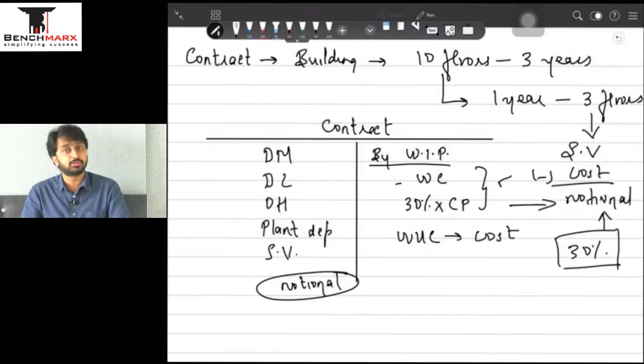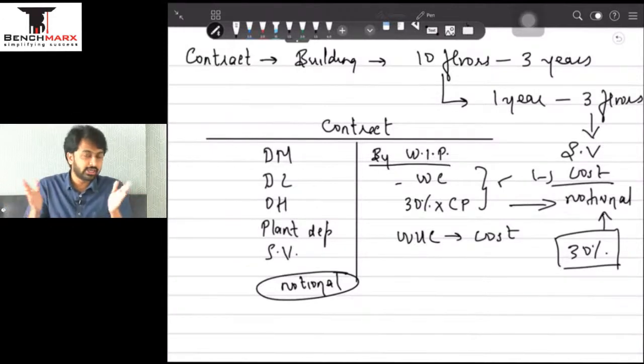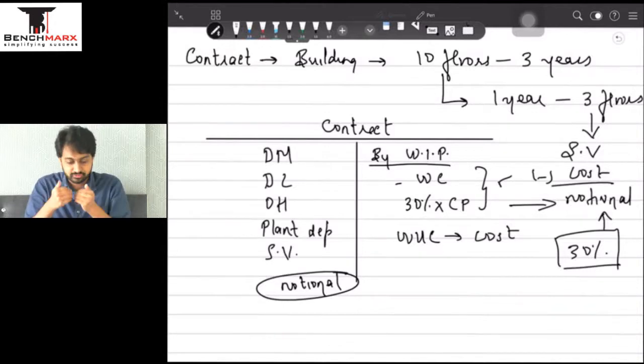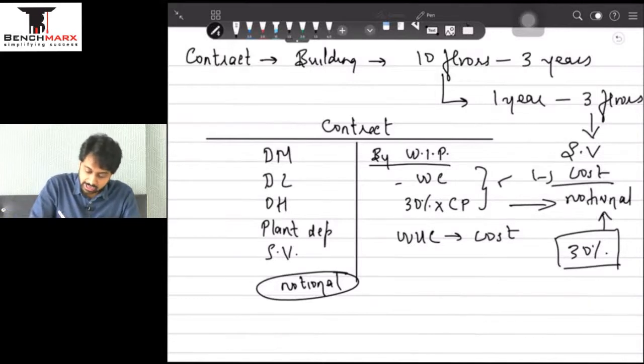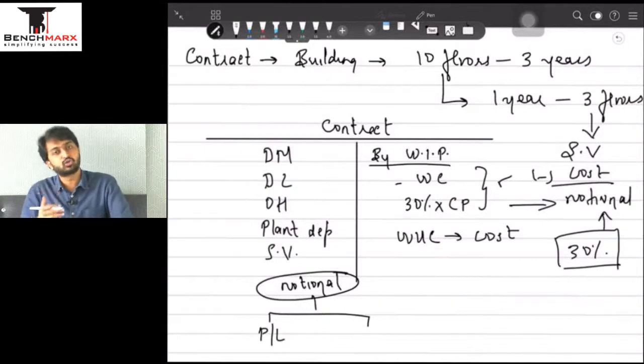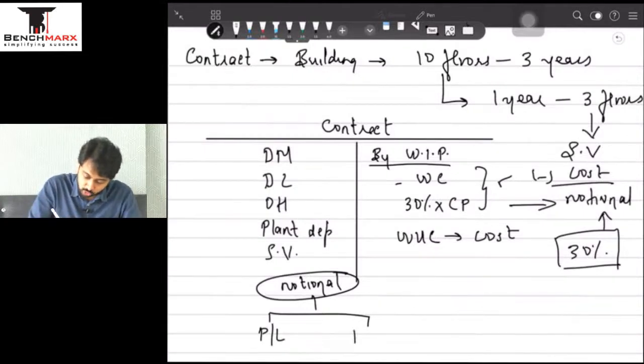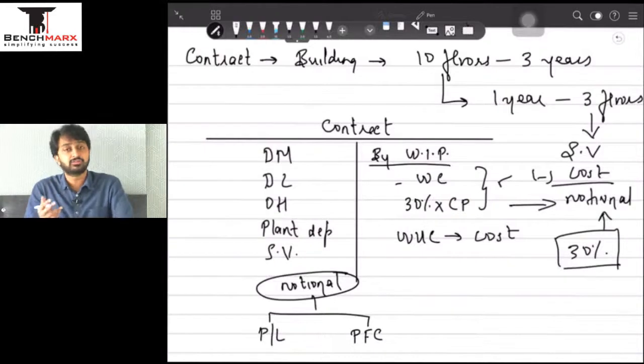I'm again repeating ये notional profits क्यों है? It is because ये actual sales नहीं है, because out of 10 floors it's only 3 floors which are complete. So as if मैं 3 floor को बेचता तो इतना पैसा मिलता, इतना cost incur हुआ है and इतना profits होता. It is because of this reason that is called notional profit. As far as new syllabus is concerned, we only find the notional profits. We don't go ahead because एक step इसका आगे जाने के बाद ये था, we find the share of notional profits that goes to P&L and the share of notional that goes to something called as provision for contingencies.